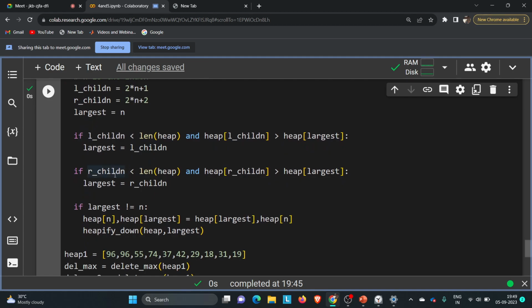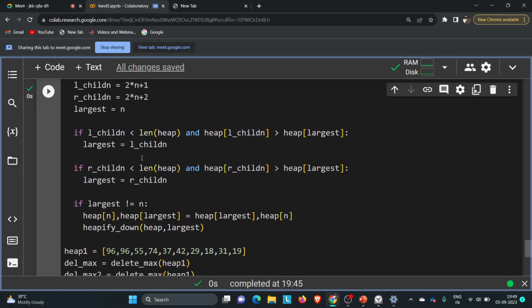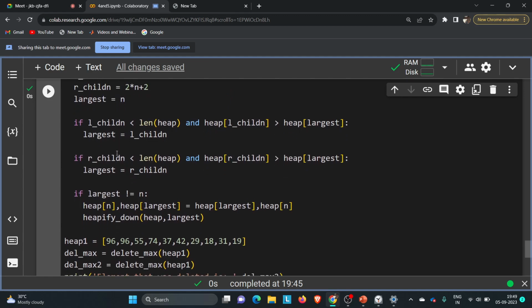Now I'll compare with the right child. If it has been swapped, I'll compare the left child's value with the right child, and if the right child is larger, one more swap will be there. Okay, so only the index values have been swapped, so the children are still at their place. And then finally, since largest is not equal to n, I mean its value has changed,